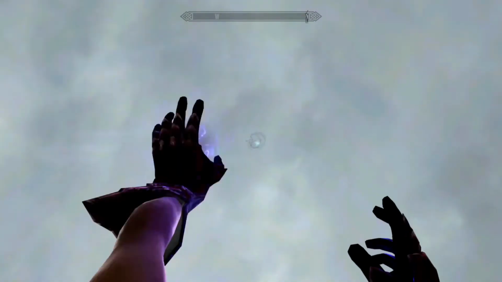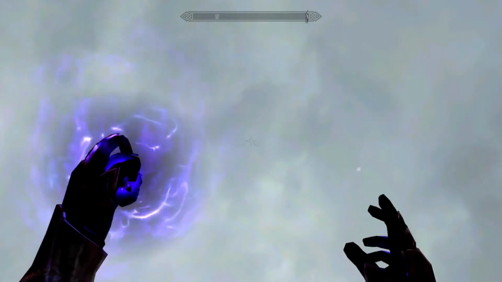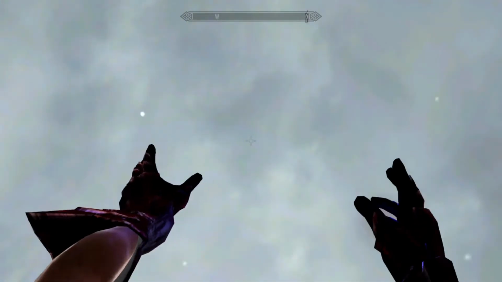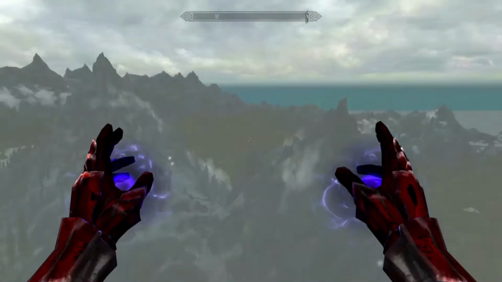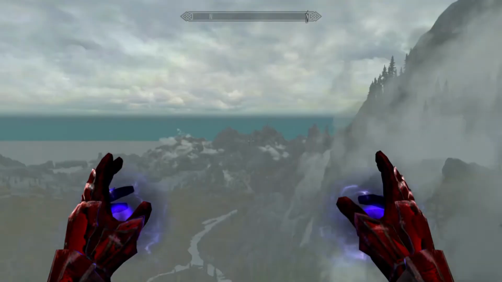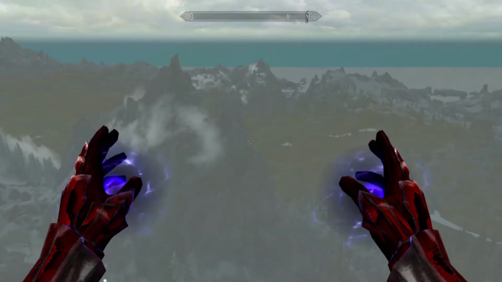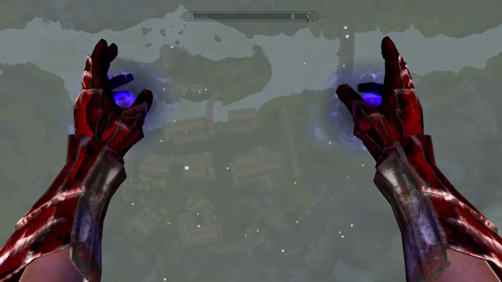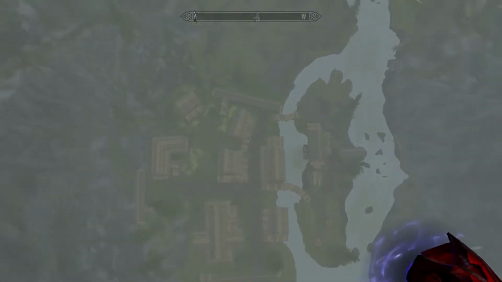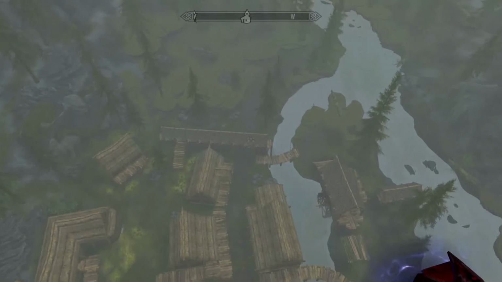So I go boop, boop, boom, boom, and boom, then look down, and as you can see, we're pretty high up here. Now the only problem is, I don't know how you get down. Do you just walk? Yep. So to get down, you just literally just...